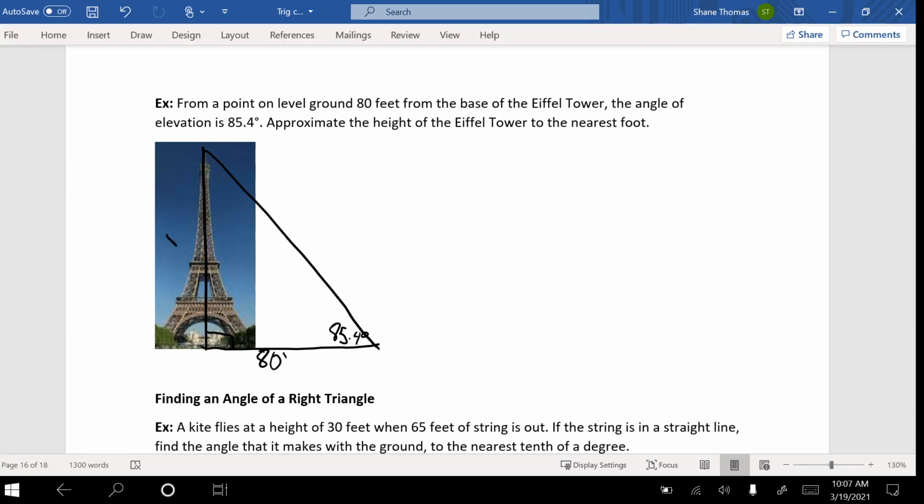So I'm looking for the height, which is this side over here. I know my adjacent side, so therefore it has to be what trig function? Tangent, correct. So I have the tangent of 85.4 degrees is equal to what over what? X over 80, correct. Then I have to multiply both sides by 80. Let's punch that in the calculator. 80 tan 85.4 is going to be 994.3. Does that sound right? And then the final answer is